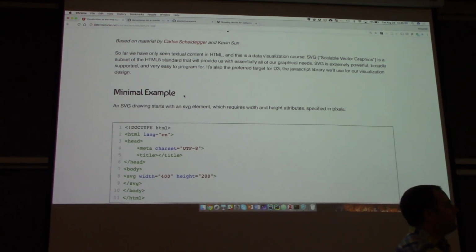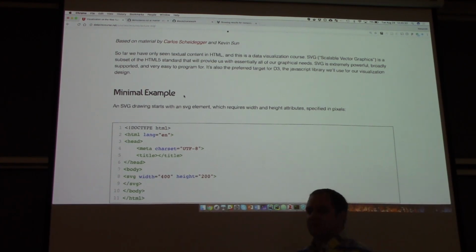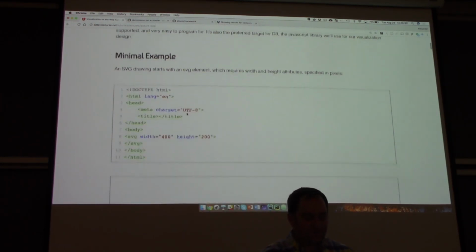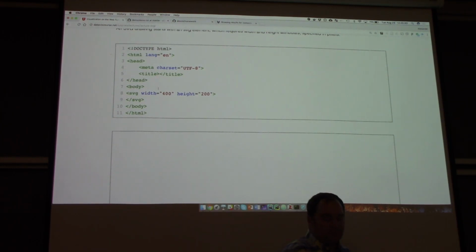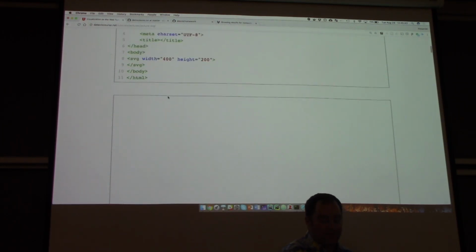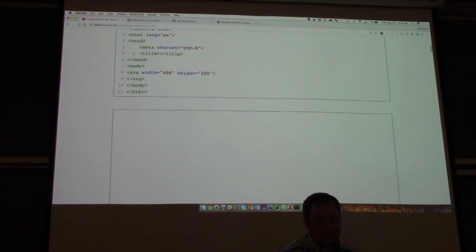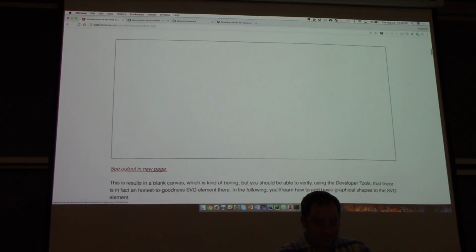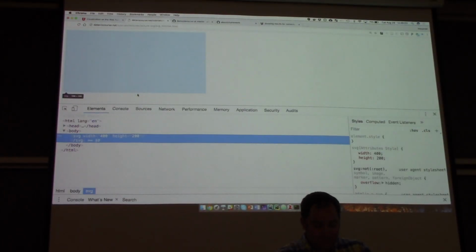However, this is, strictly speaking, not necessary. D3 is just like a DOM manipulation language, and you can do whatever you want with it. But in practice, we'll be mostly using SVG. So here's our very first SVG element. What this does is it simply creates an SVG. We have to define the width and the height of the SVG. So it is essentially a rectangle. But of course, this is empty. And we don't see anything, and this link is all going to be broken, but let's just take a look. No, this works. So we can inspect, and we see that there's indeed an SVG element in here,